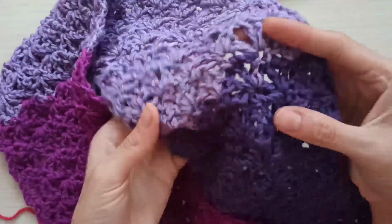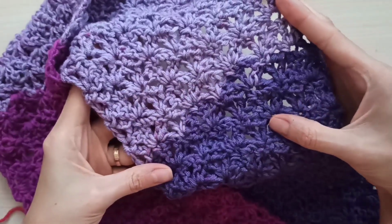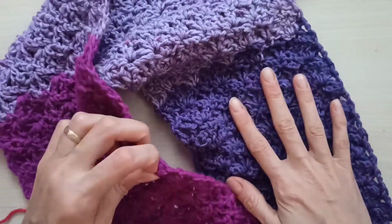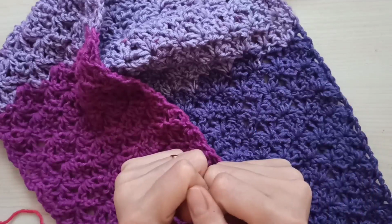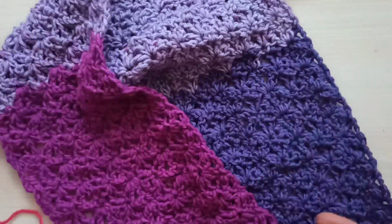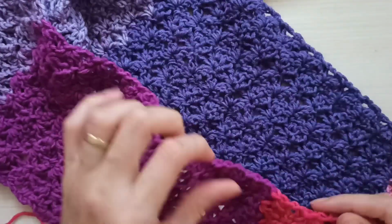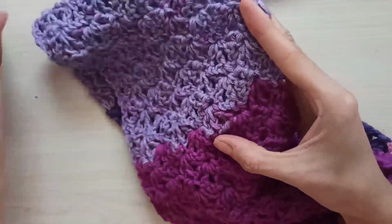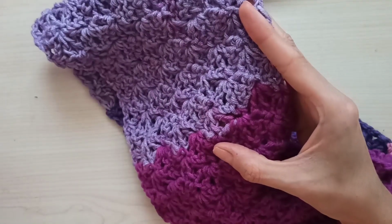Today I want to share with you this so simple, only one row repeating scarf. You can do that scarf with thick yarn in only 2 or 3 hours. Okay, not a day, only hours you need for that. It's so simple. I give all the details in the video, but if you have any questions, please leave me